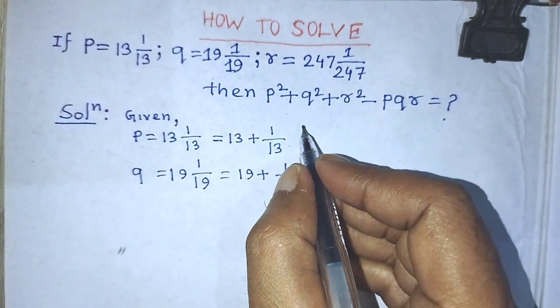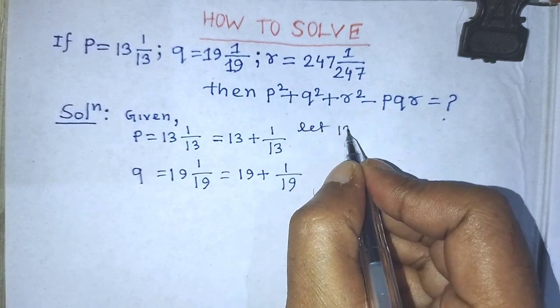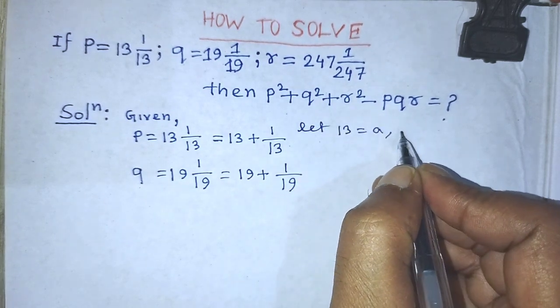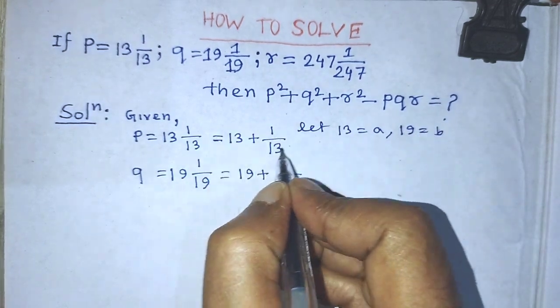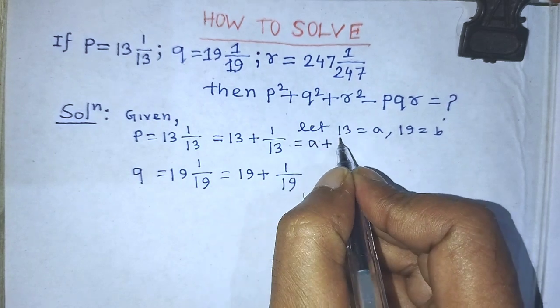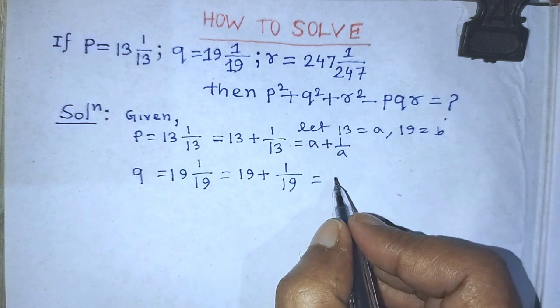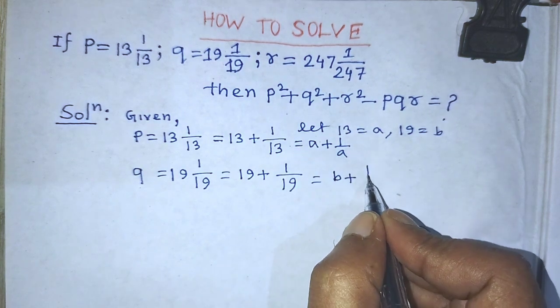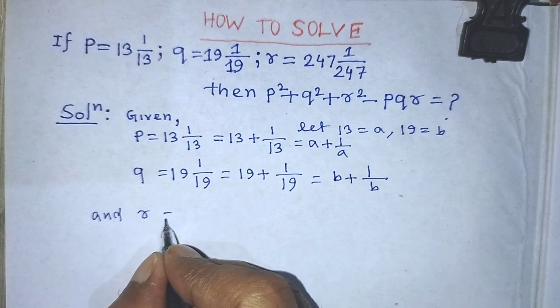So student, let 13 is equal to A and 19 is equal to B. So we can write from this expression A plus 1 over A, and we can write from this algebraic expression B plus 1 over B, and R is equal to